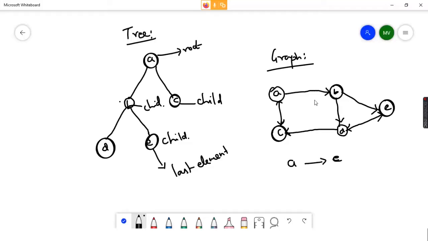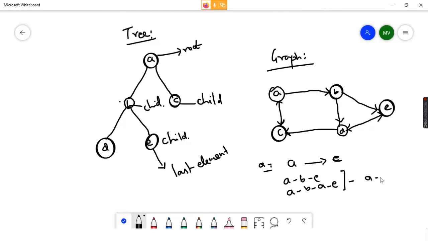So here the question is what the shortest path is. The paths available are A, B, E and A, B, A, E. So only these two paths are available.